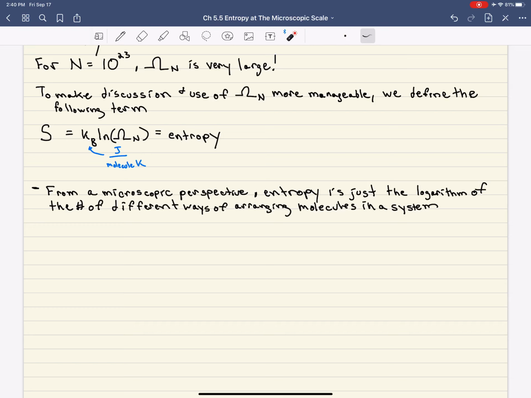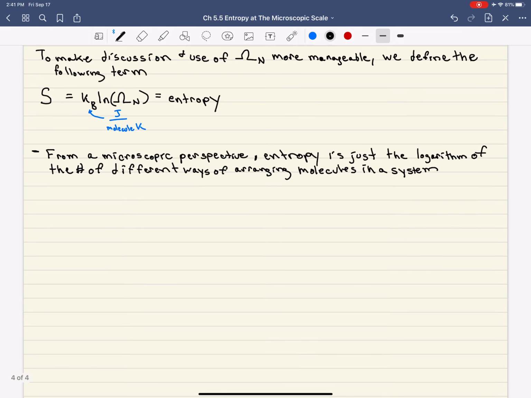And so the only reason entropy exists is because we don't really want to work with large numbers, and so all we're doing is just taking the natural log of it to make it a smaller, more manageable number, but it still contains the same amount of information. Okay? Now, this Boltzmann's constant here, you may have seen it before, but why is it here? It's there for the same reason that we saw Planck's constant before. That is,